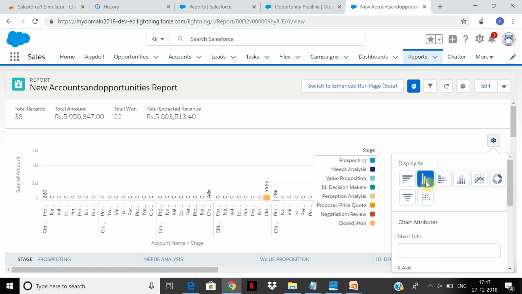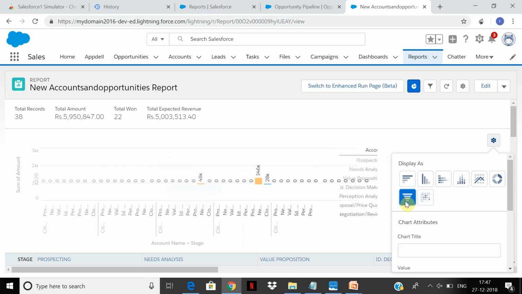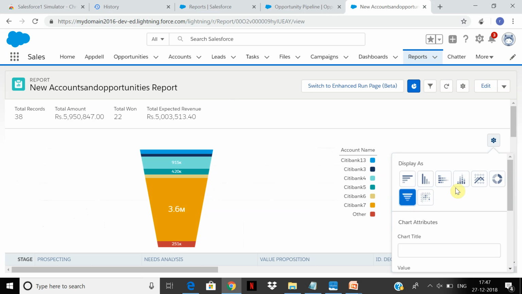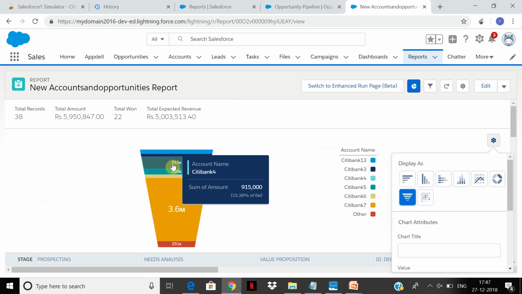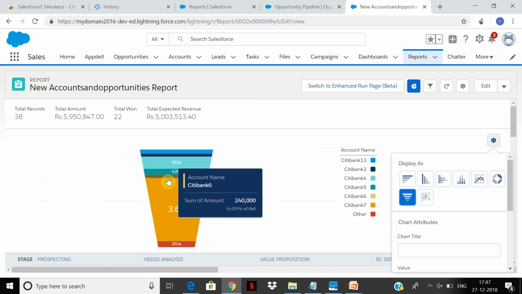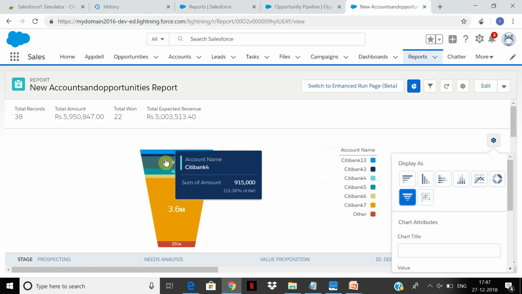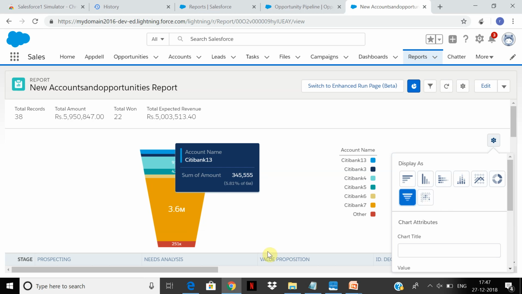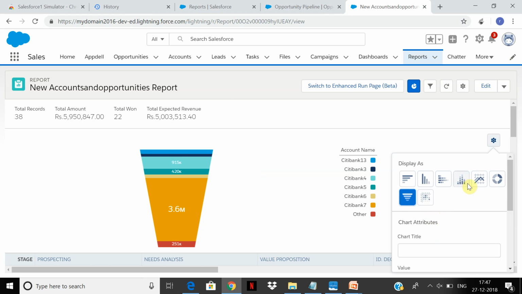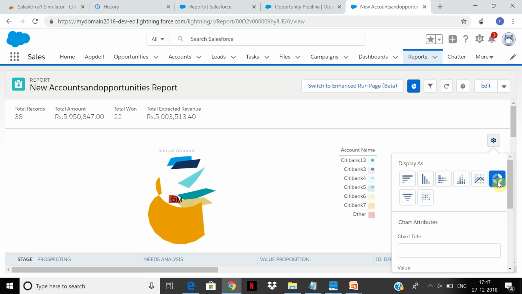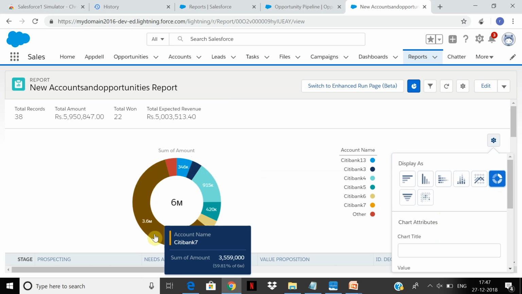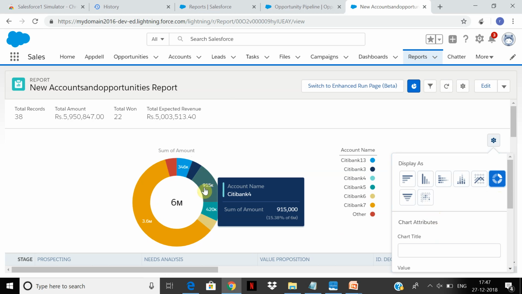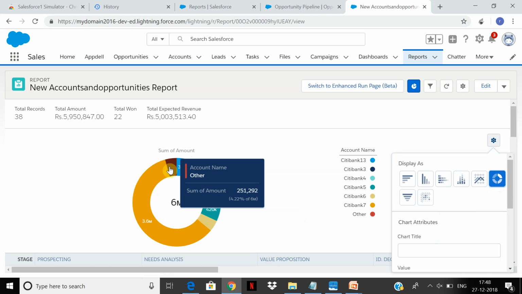we have various options like display as pie chart. This gives us a UI showing which account has got the sum of the amount. So this gives us a summary. Citibank 7 is the major account that we have. This helps for a quick analysis, and there are some other accounts which are,